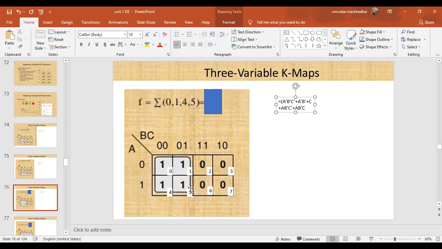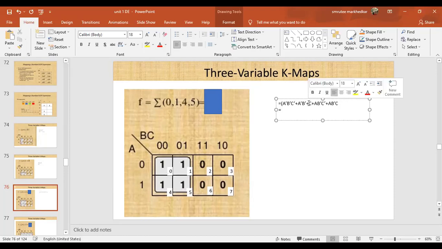So if you can see here, these two, the above one and the lower one, I'm talking about the first row, that was 0 and 1, and then 4 and 5. These positions, if you see, you will find a lot of things are common here. So let's find it out. What is common here? In second term, A bar, B bar, C. Written plus. This one, we missed something. This is A bar, B bar. Okay, thank you.